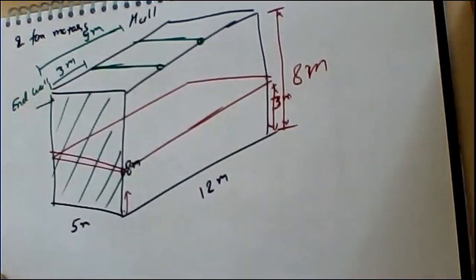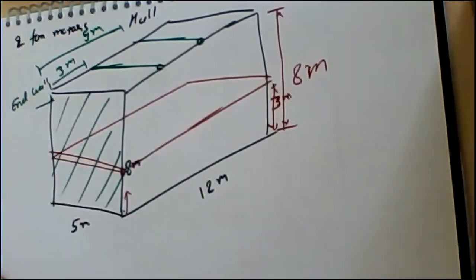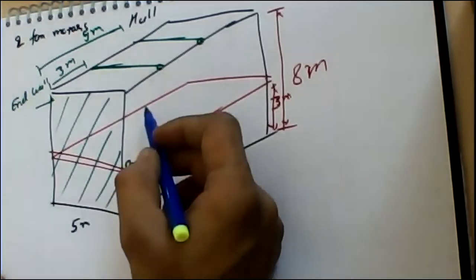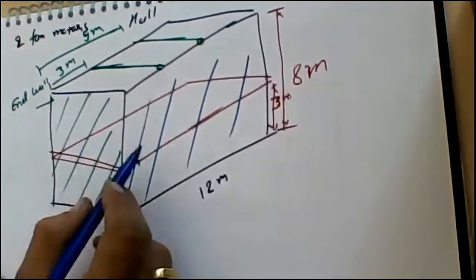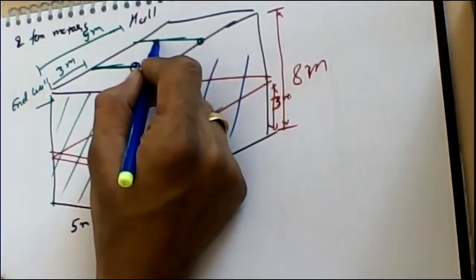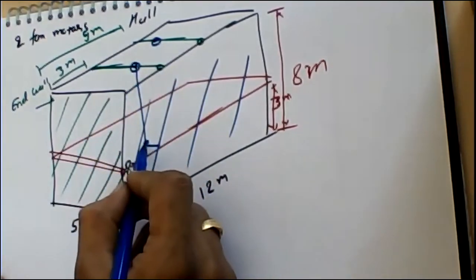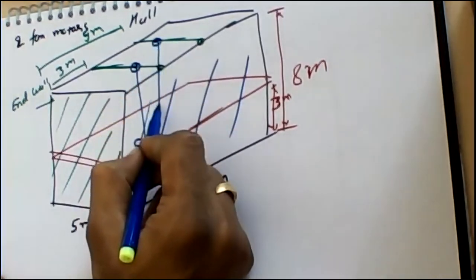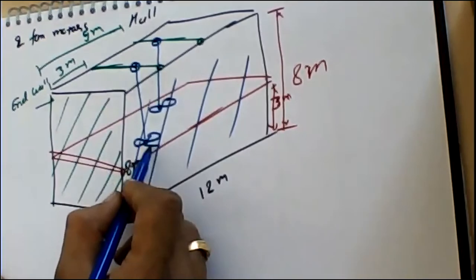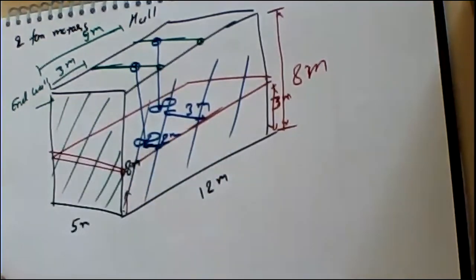And there is another data which is saying that from the front wall the fan is at 2 meters and 3 meters. So from here this is going to be considered as the front wall. If this is the front wall, then from the front wall it is at 2 meters and at 3 meters. So from here we can plot the position at 2 meters. This is going to be the first fan and this is going to be the second fan. The distance is 2 meters and 3 meters from the front wall.